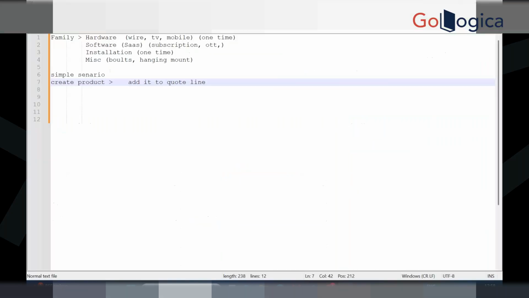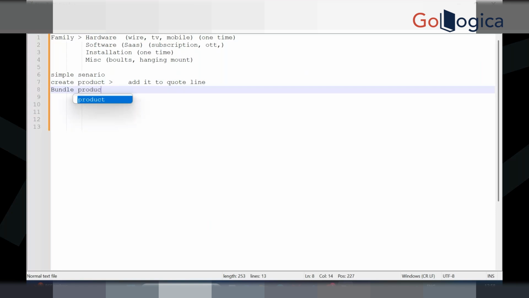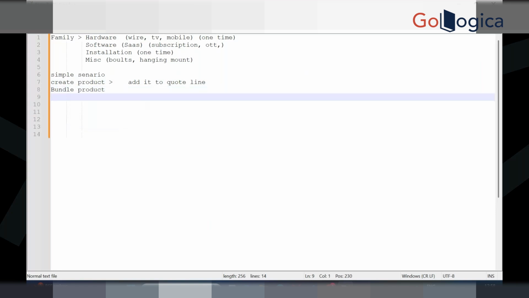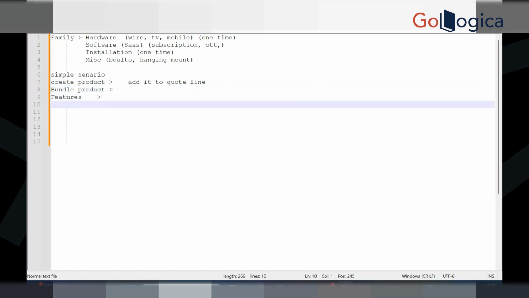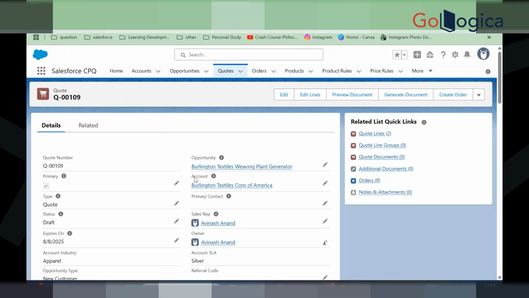So you can see bundle product and features. I covered these two parts today, right? So if you get some free time, do one thing: make a note of all these product